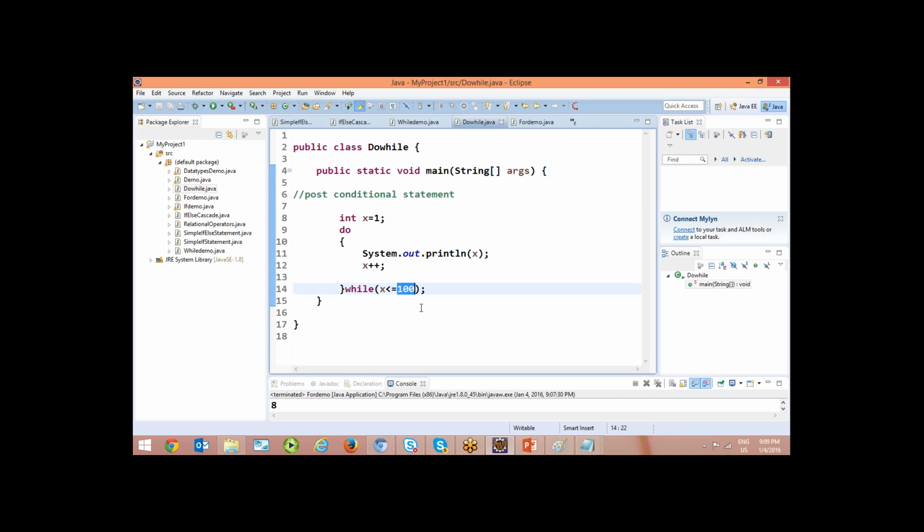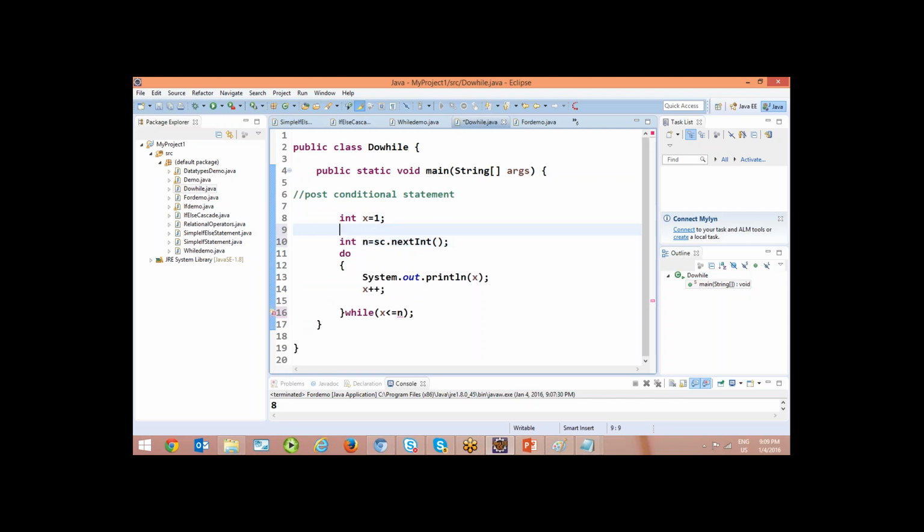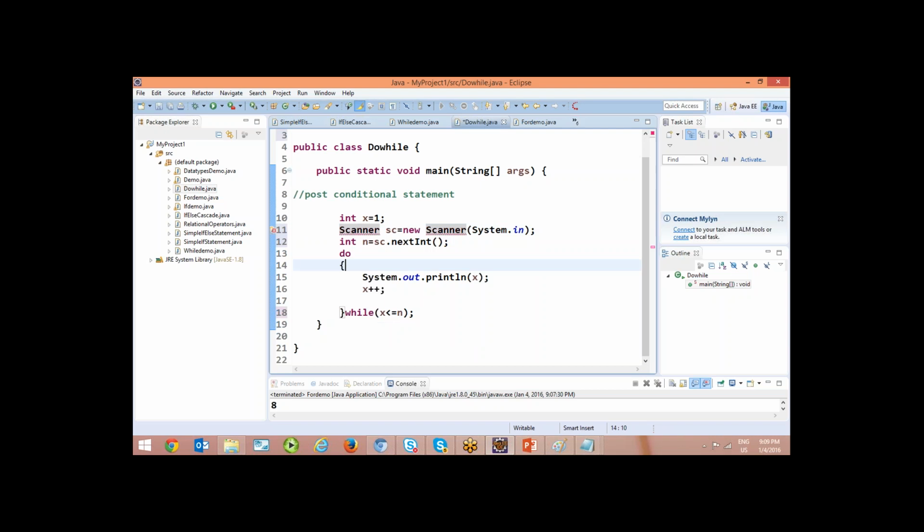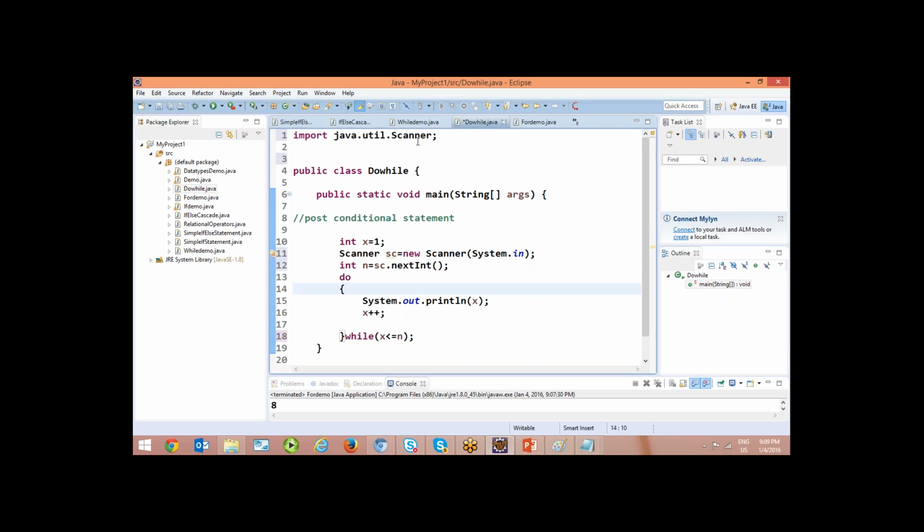If you make it like n here, and if you take it like int n equal to scanner dot next int, it will become dynamic. Okay, Scanner s equal to new Scanner of System dot in. Scanner is a class which is to read from the keyboard. System dot in refers to keyboard, and this needs to be imported. When you place the cursor on top of this, you will get a suggestion. You can just double click on that so that it is imported.